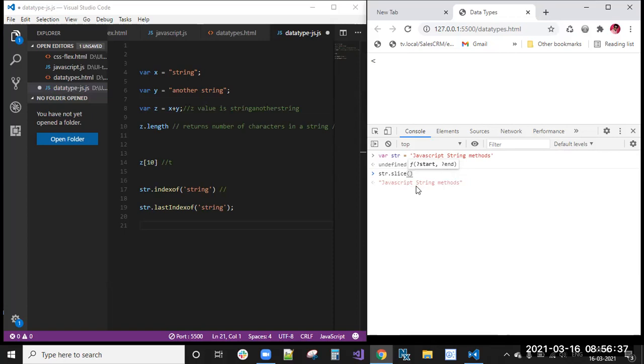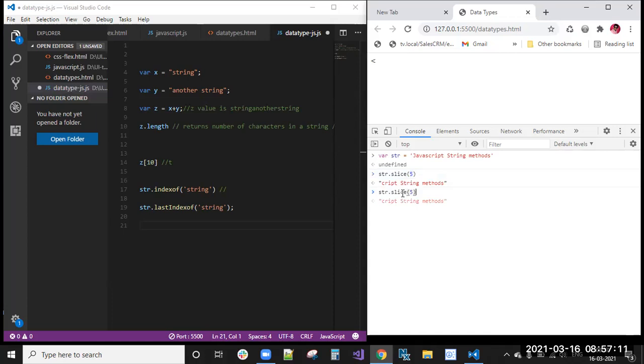If you give here 5, then what it will do is, from here 0, 1, 2, 3, 4, 5, from this fifth position, the remaining text of the string it will extract from the current string. If I enter this, see, this text is removed. From 0 to 4 the text will be removed and it will return you the new string with this slice method, depending on the slice positioning.